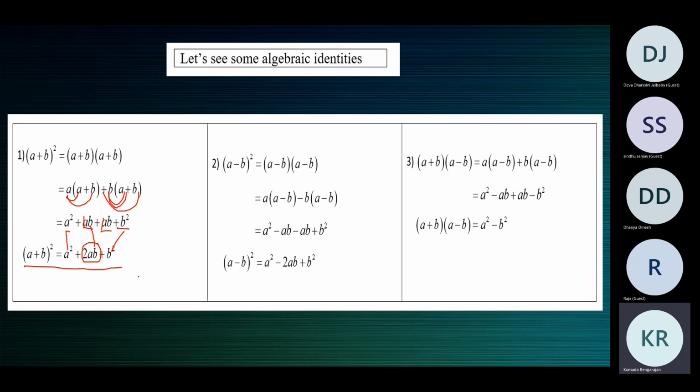Similarly, we multiply in 2 and 3 also. I'm not explaining 2 and 3. It is similar to the first one. Please go through the multiplication and please ask your doubts. If you don't understand, I have to tell you. Please check, children. Look at the multiplication in 2 and 3. I'll give you 5 minutes time.